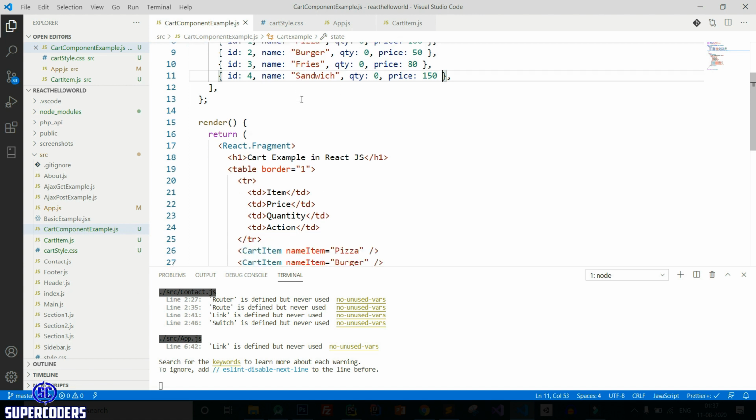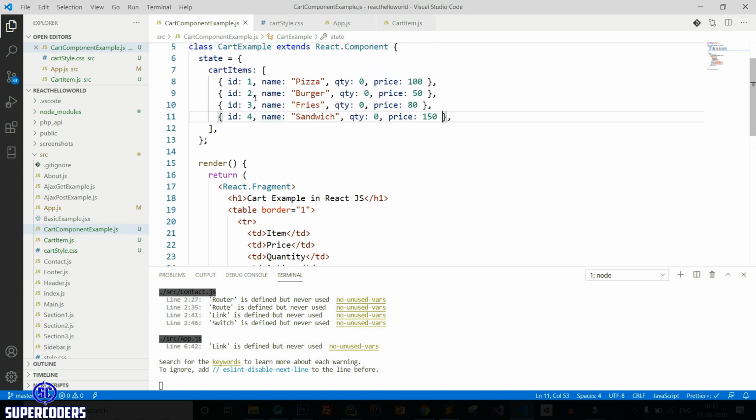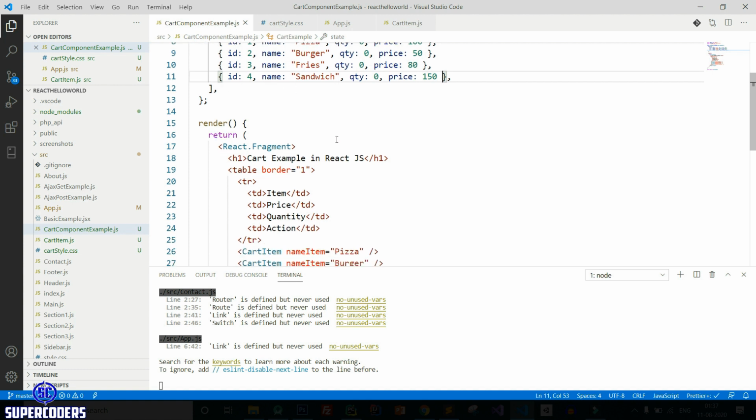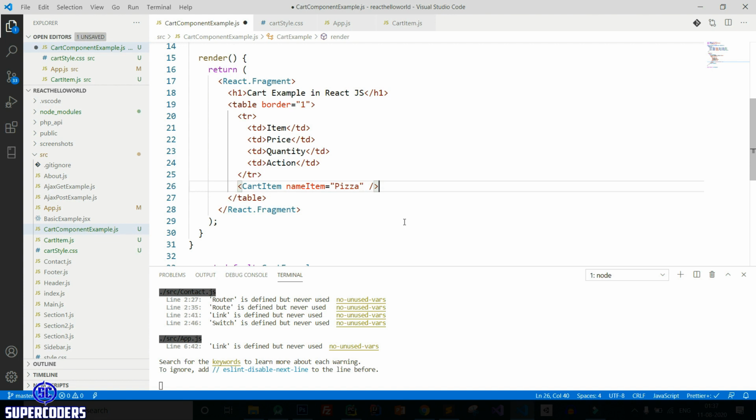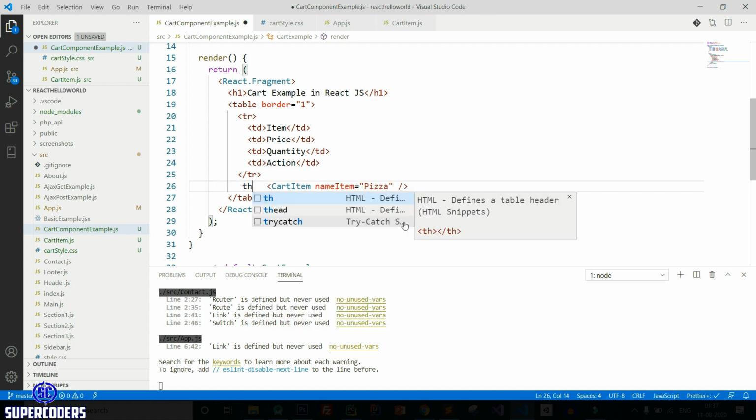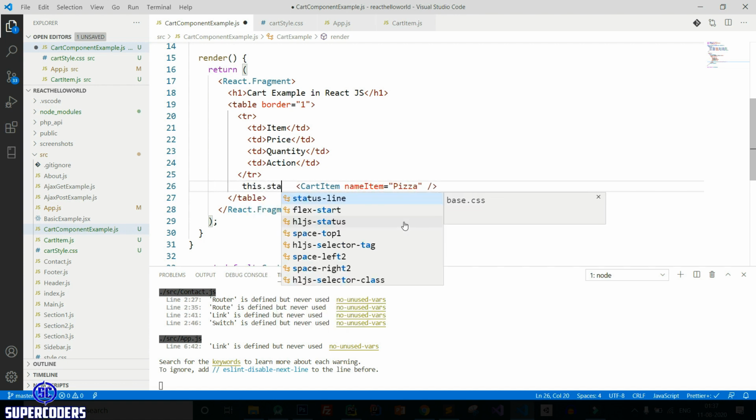Now let's create child component using this data. So instead of passing static, let's pass data from our JSON object. So delete this. Here adding map method, which I already saw in previous tutorial. So this dot state.